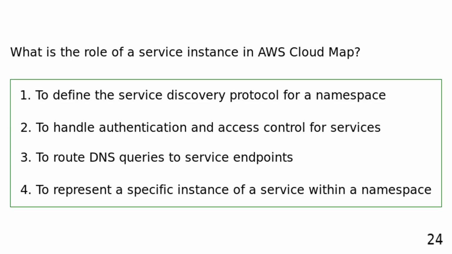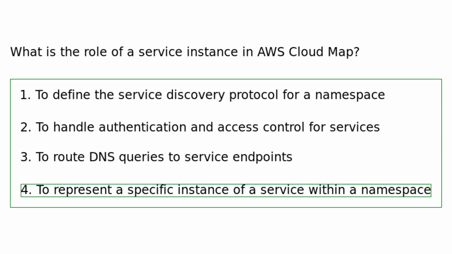What is the role of a service instance in AWS Cloud Map? To define the service discovery protocol for a namespace. To handle authentication and access control for services. To route DNS queries to service endpoints. To represent a specific instance of a service within a namespace. A service instance in AWS Cloud Map represents a specific instance of a service within a namespace, allowing for individual